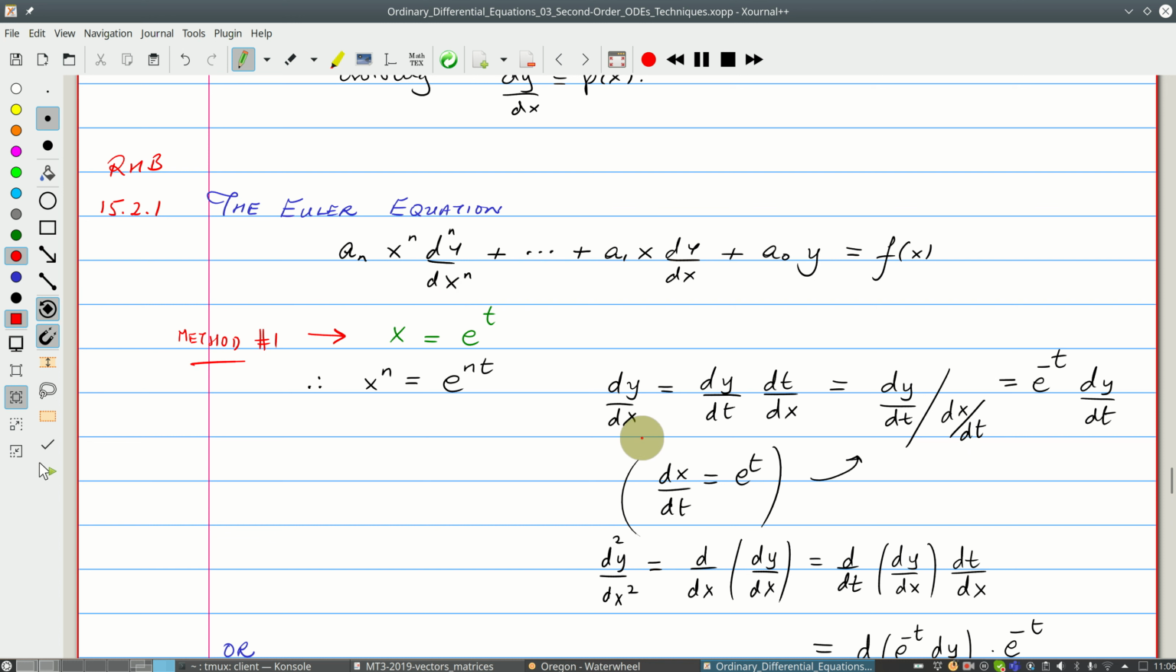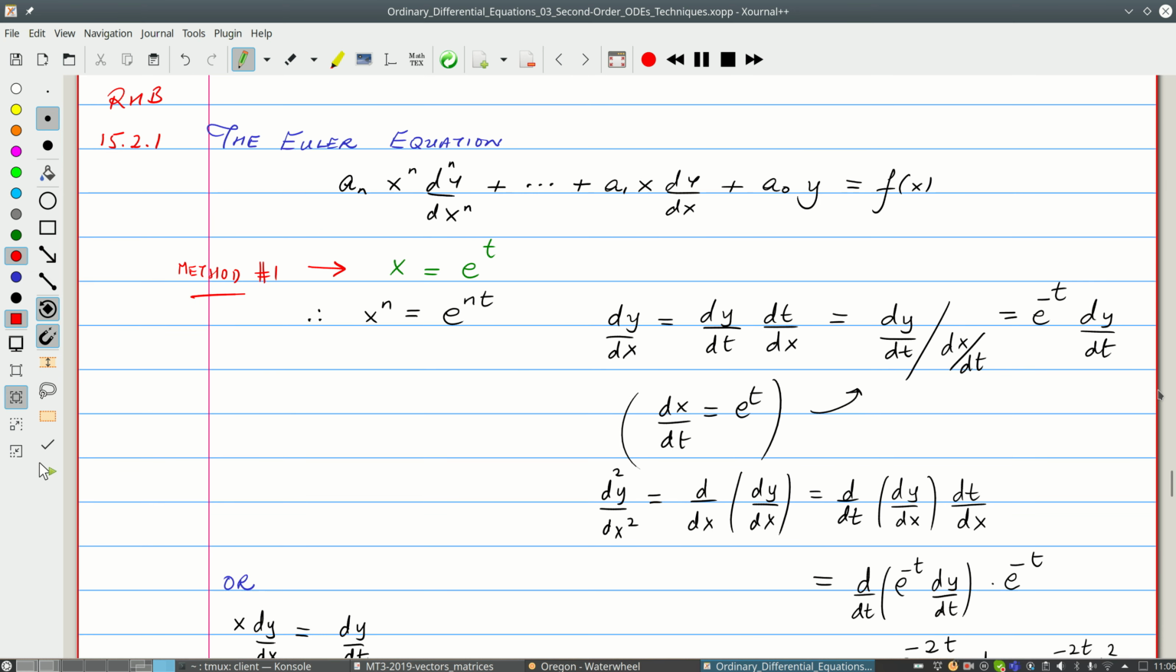So dy by dx is equal to dy by dt times dt by dx, which is equal to dy by dt divided by dx by dt. But dx by dt is e to the t. So this becomes e to the minus t dy by dt. Similarly, for the higher order terms,